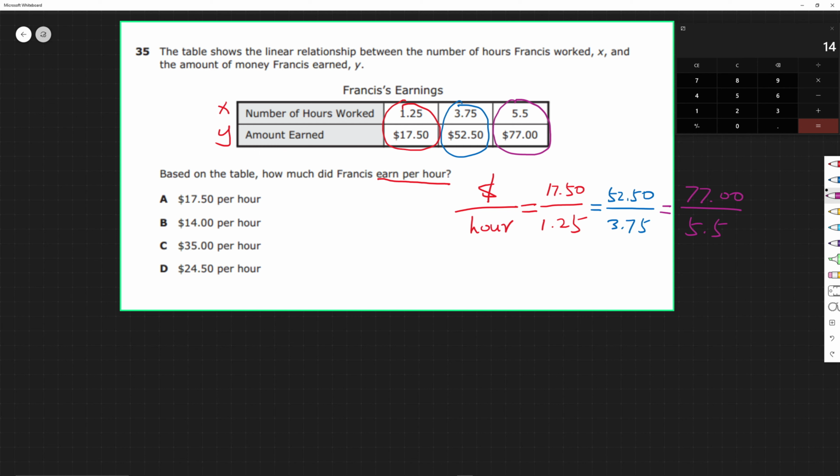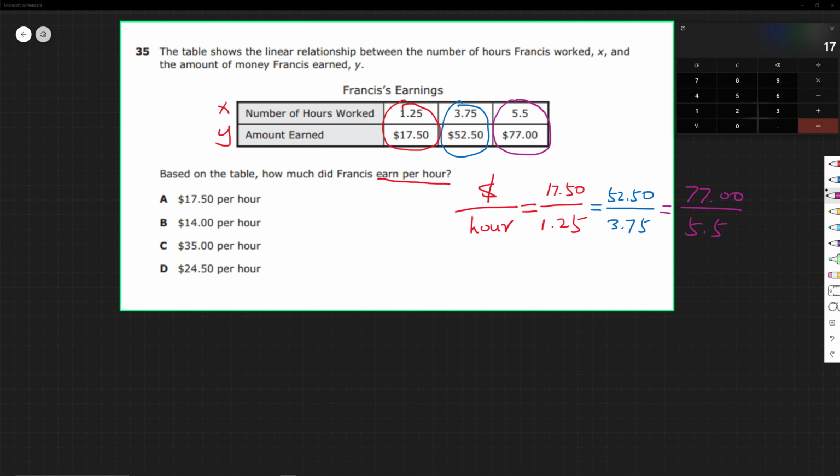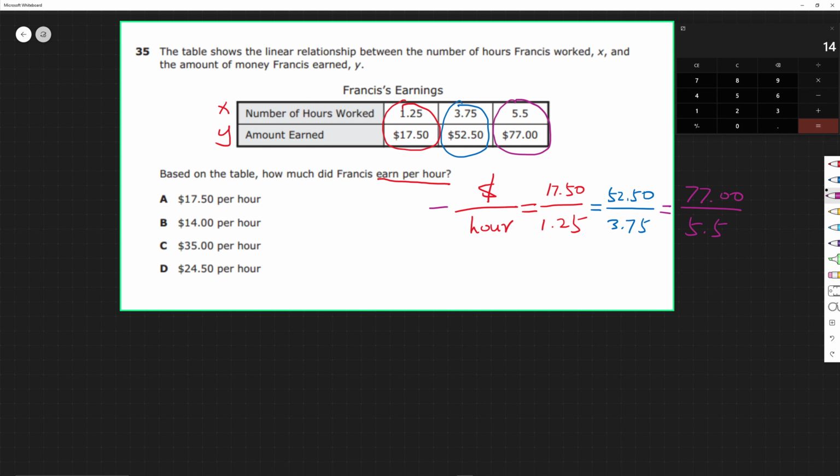Okay, let's verify. 1750 divided by 1.25. That's $14 per hour. And second one, 52.50 divided by 3.75. That's also $14 per hour. The last one, 77 divided by 5.5. That's also 14. So the answer is always $14